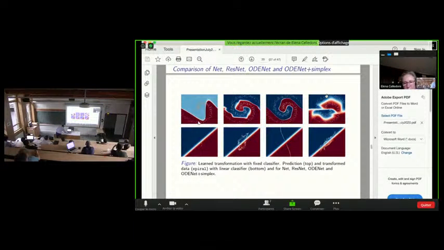But these steps are not very regular. If you look at the flow, or how the configuration of the points is changing with time, you see that it's changing very erratically. It's not regular at all.